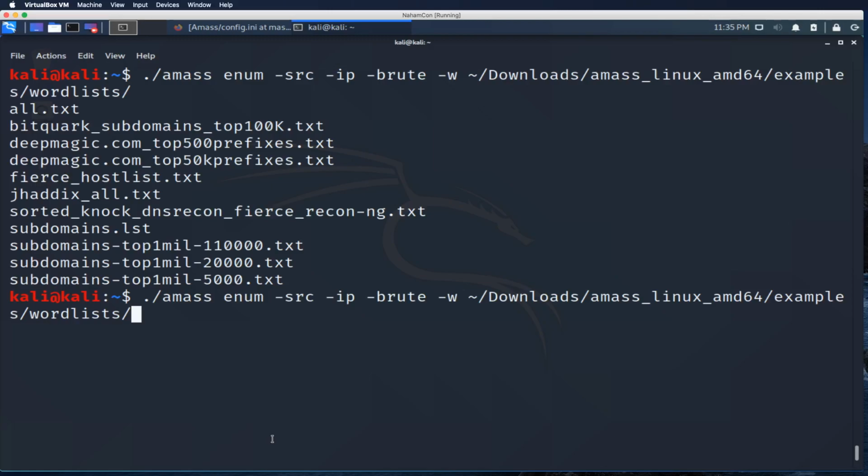Some people have asked that question before. But for this demonstration, I'll just pick the one that has 5,000 instead. That's how you would do that. You would say brute -w to specify a different word file, assuming, of course, you didn't do all this in your config already. And now I am going to specify a configuration file